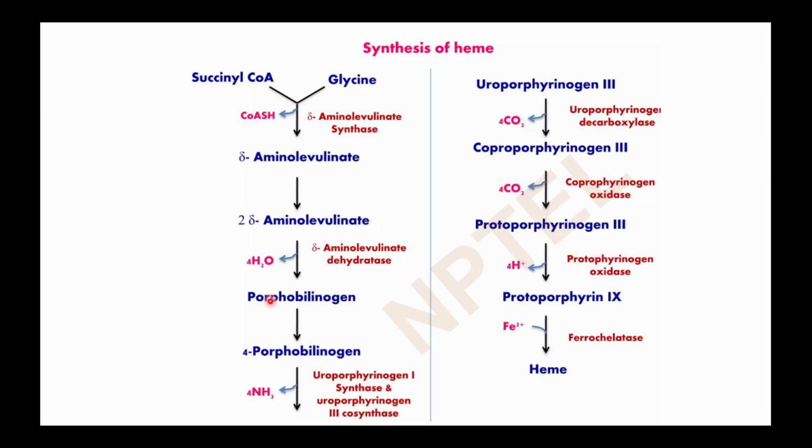Now, four molecules of porphobilinogen together will form uroporphyrinogen. You remember porphobilinogen had one pyrrole ring, right? And the final heme has four pyrrole rings. So four molecules of porphobilinogen together form uroporphyrinogen 3 by the enzyme uroporphyrinogen 1 synthase or uroporphyrinogen 3 cosynthase. Then decarboxylation occurs with the enzyme uroporphyrinogen decarboxylase, where the product is